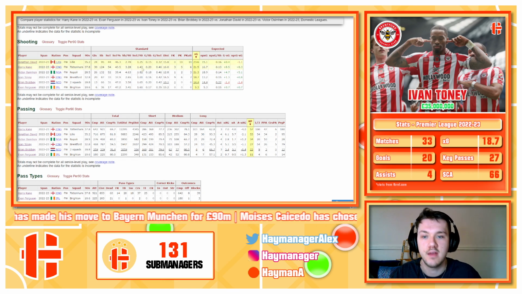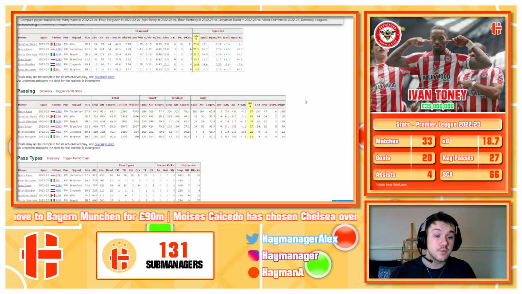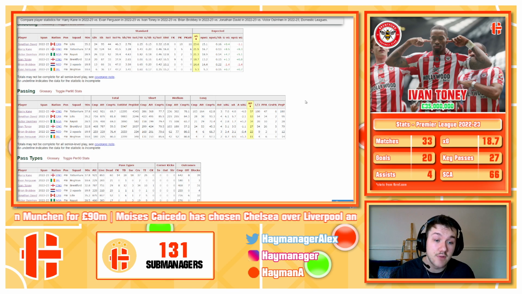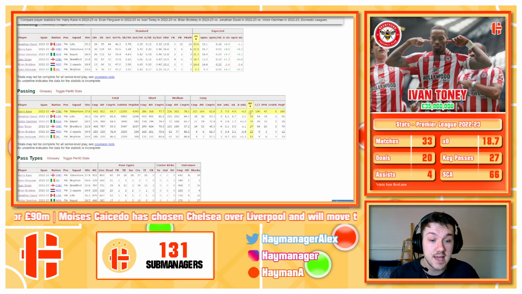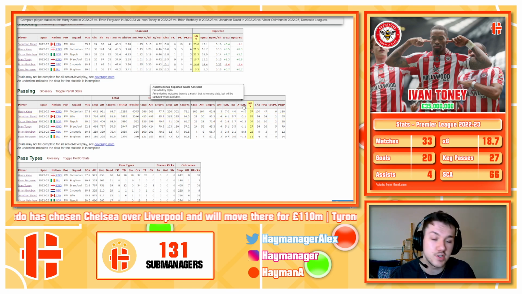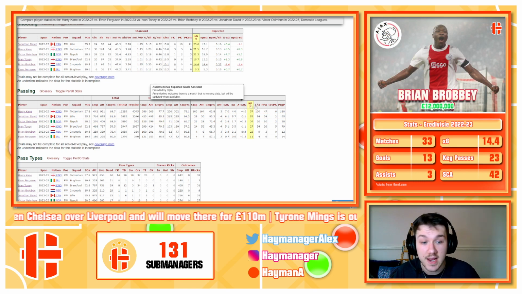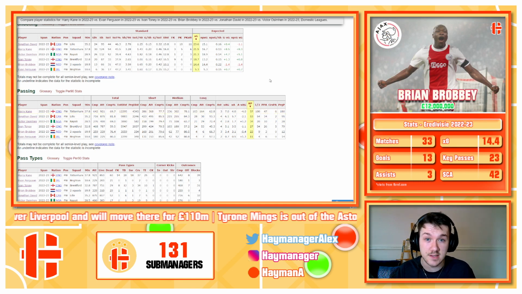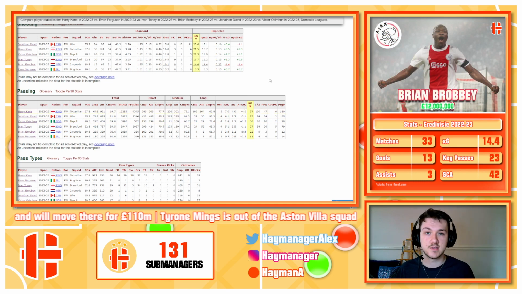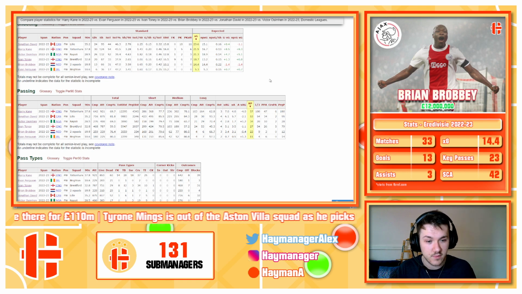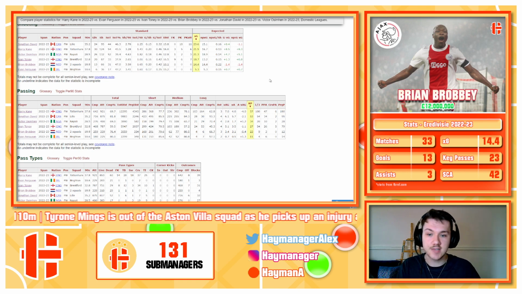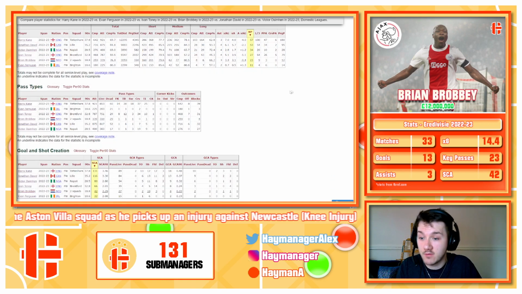Going down to here, Jonathan David, 53 key passes. He basically rivals Harry Kane for this. As you can see here, he only underperforms expected assists by 2.1. As much as you can say Harry Kane's a creative player, which he is, he drops back, his assists, his brilliant range of passing, you can say Jonathan David pretty much replicates